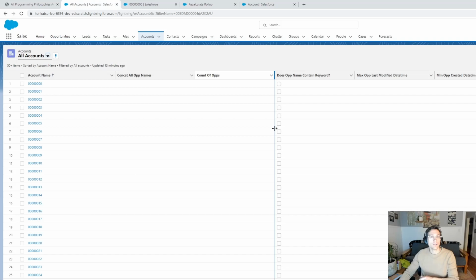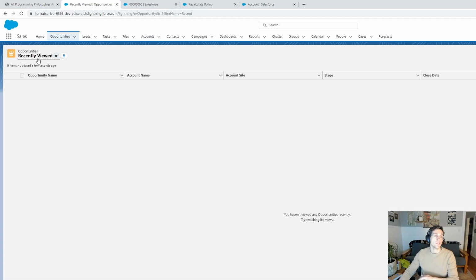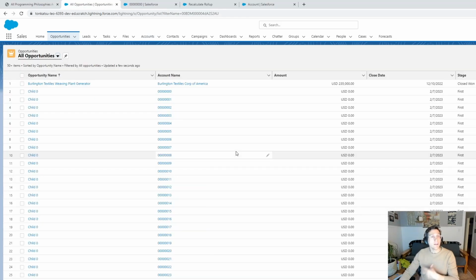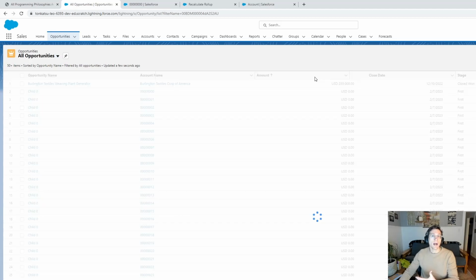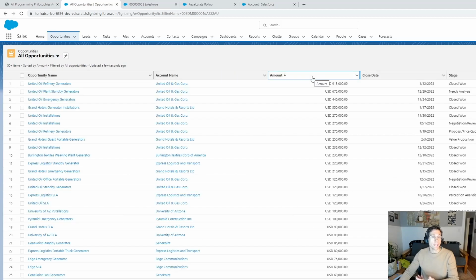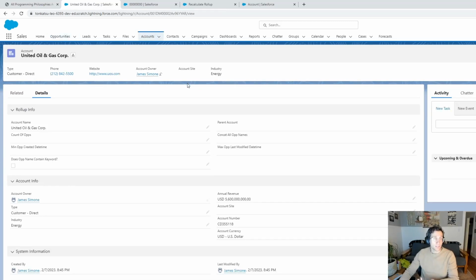Now, if I go to my all accounts list view, you can see I've created a ton of different accounts and a ton of different opportunities associated with each of these accounts. And so I have a lot of data that I'd like to roll up, but I don't have any data presently rolled up. So if I go, for example, to an account that comes with every scratch org that's newly created, and I'm looking to see, for example, what's the sum of all of the opportunity amounts rolled up to the account,